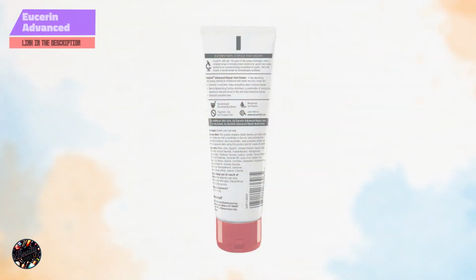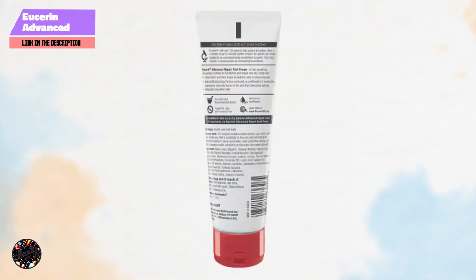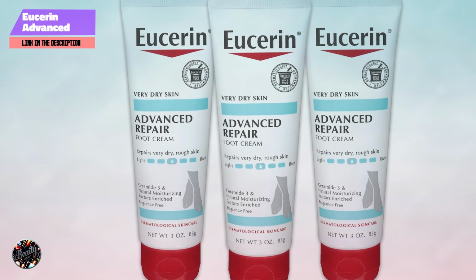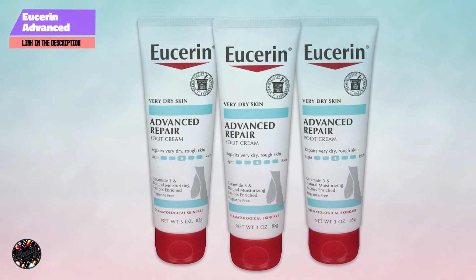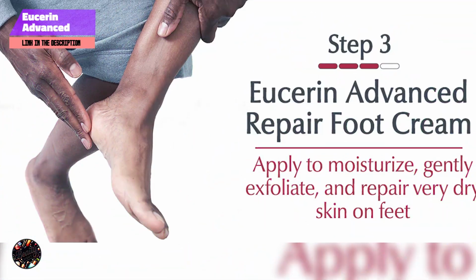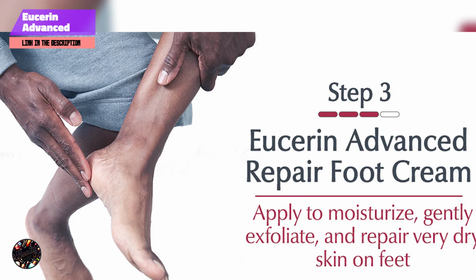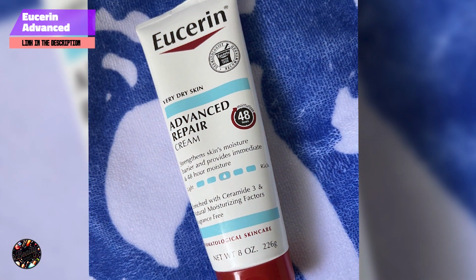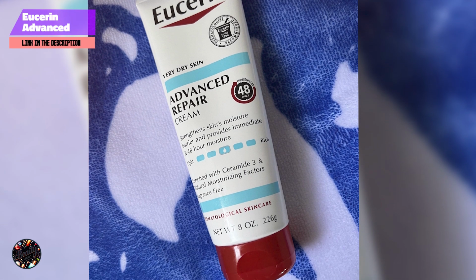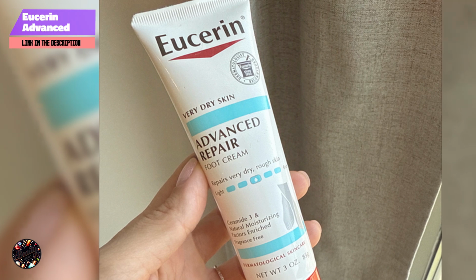And finally, at number 5, we have Eucerin Advanced Repair Foot Cream. Eucerin Advanced Repair Foot Cream is a dermatologist-recommended foot cream that promises to provide lasting moisture for very dry, rough feet. Known for its highly effective formula, this foot cream contains both ceramides and natural moisturizers to deeply hydrate and restore the skin's barrier. Whether you're dealing with cracked heels or rough soles, this product is designed to deliver intensive